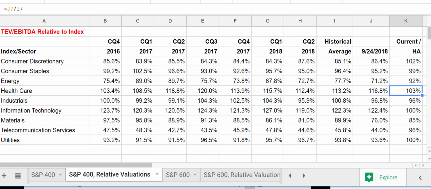So let me just pick out one, because this cell A1 really tells you what this is doing. This is taking the enterprise value to EBITDA ratio for a particular sector and comparing it to the index. Why would we want to compare it to the index? Well, the reason why is because each of these sectors has different characteristics. Some are going to be more risky, more volatile, and to just think about this, think about consumer discretionary and